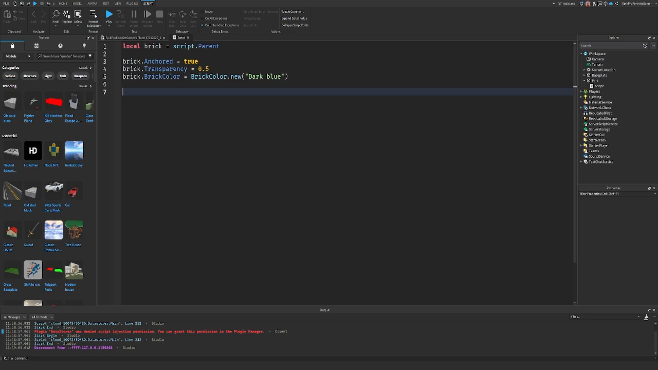Okay, so now let's get into coding our if-then statement. So if brick.Anchored is equal to true. The reason I'm putting two equal signs is because this means equal to and this means equal. So equal to is like when you're looking for just a value. So true. So if brick.Anchored equals true, then